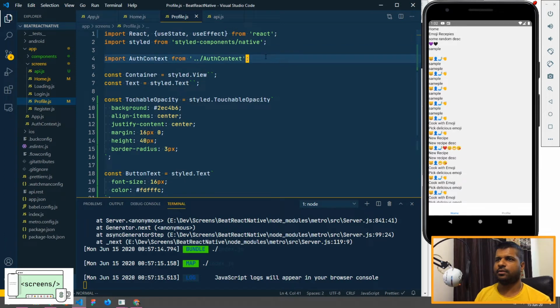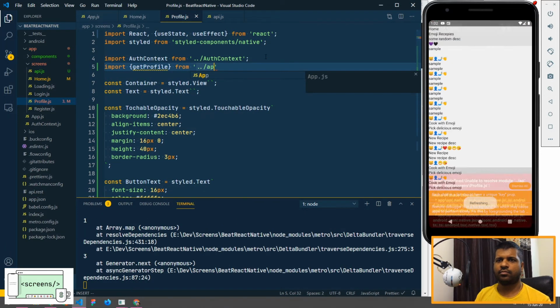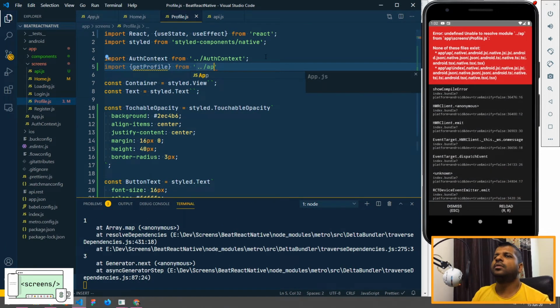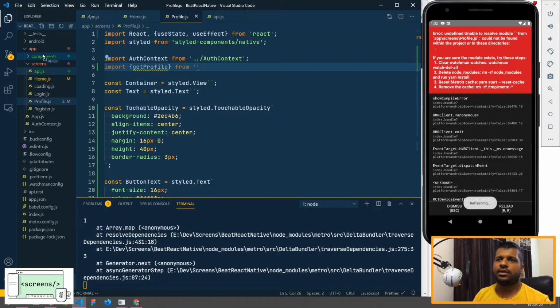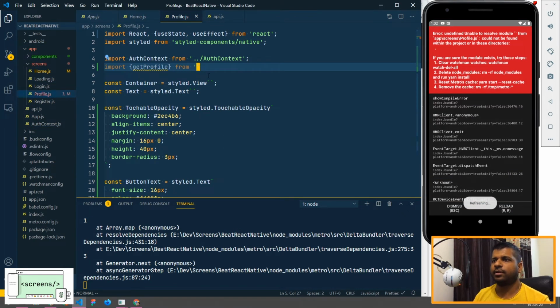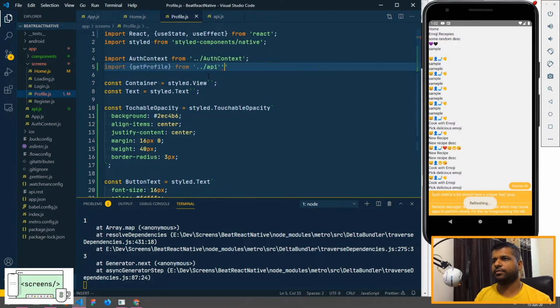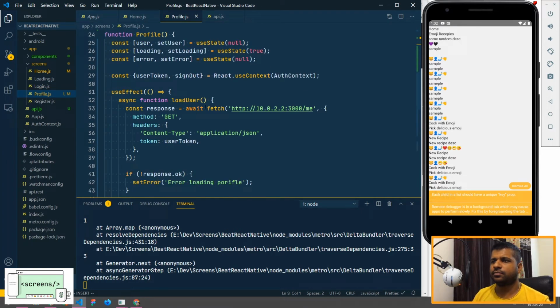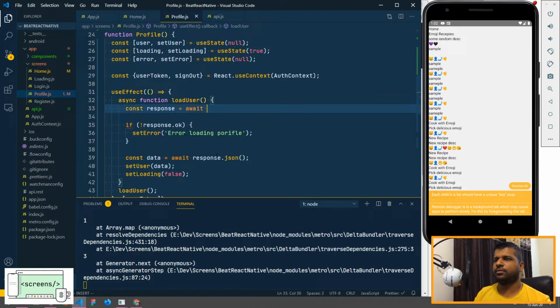So I will do name float. Oh, sorry. So we need to change the location of api.js to app level, and instead of this we need to get profile user token here.